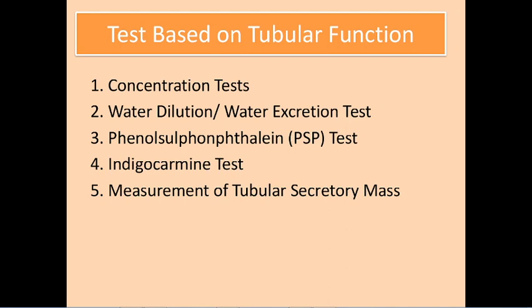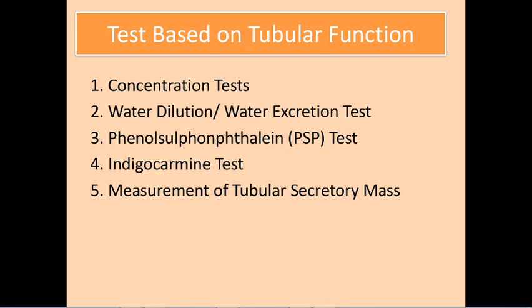And indigo carmine test, here 0.1 gram of the dye is injected intramuscularly. It should appear in the urine within 6 to 8 minutes. Any delay indicates renal insufficiency. Excretion is usually complete by 12 to 24 hours. This test may indicate which particular kidney is affected if ureteric catheterization is used.